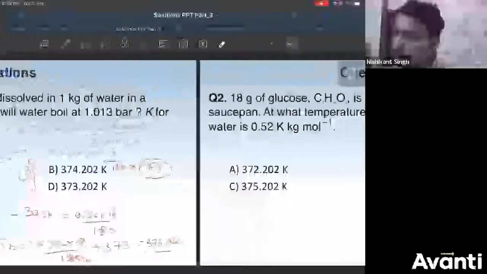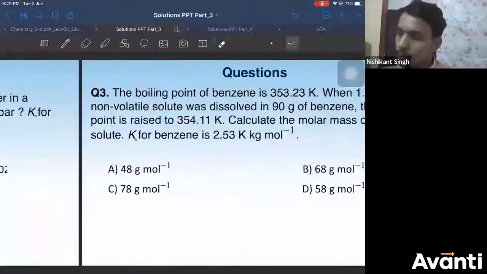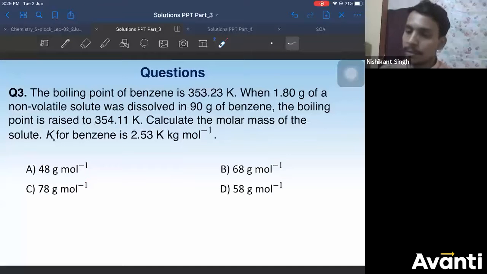I think we have 1 more minute, so we can solve 1 more question. Yeah, please go for this one. You can solve this in 1 more minute. I trust your speed. I have full faith in your speed. So kindly attempt this also. In the given time, try to solve this as well.